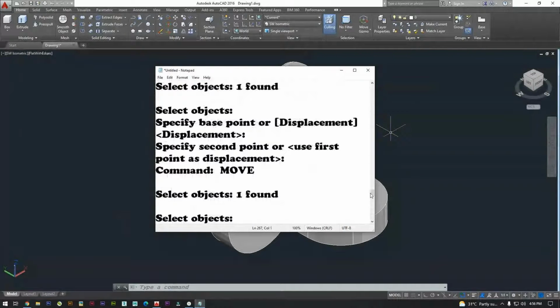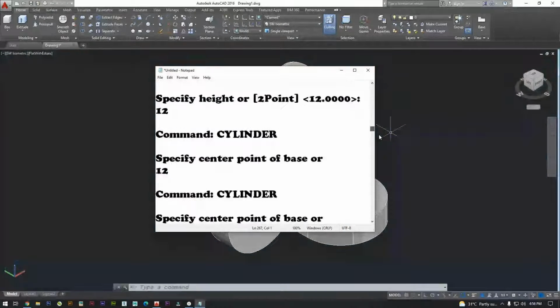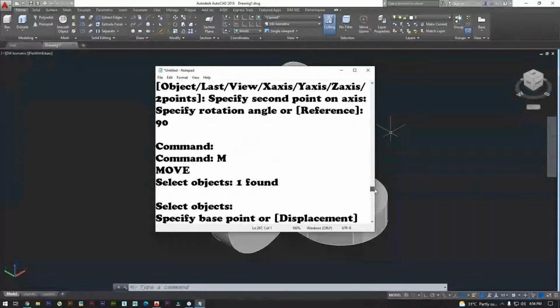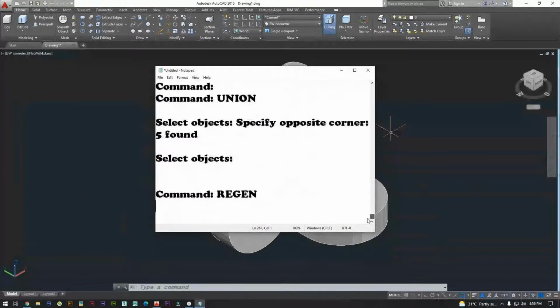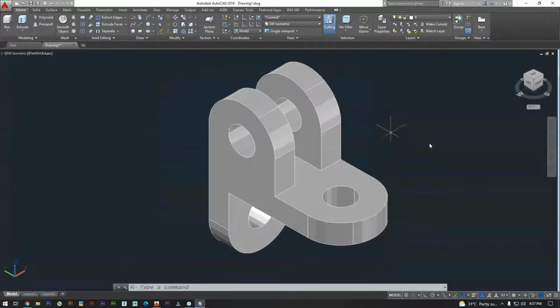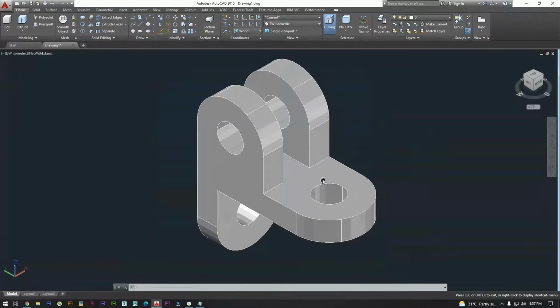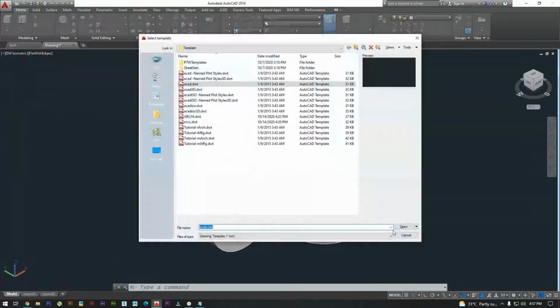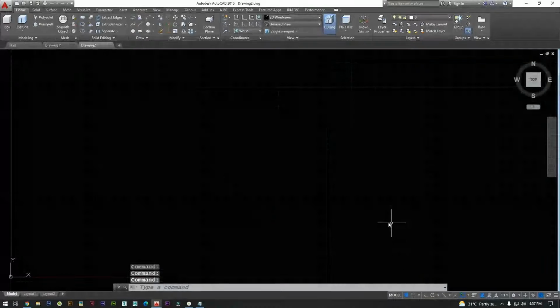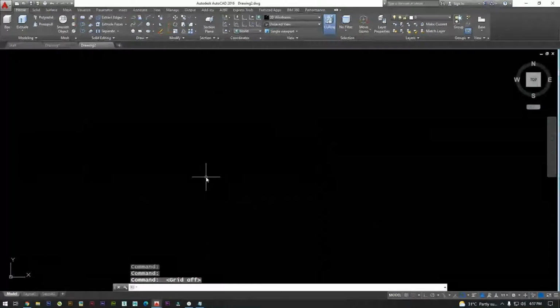These are the commands we used for this drawing. So now we'll move on to the next drawing.